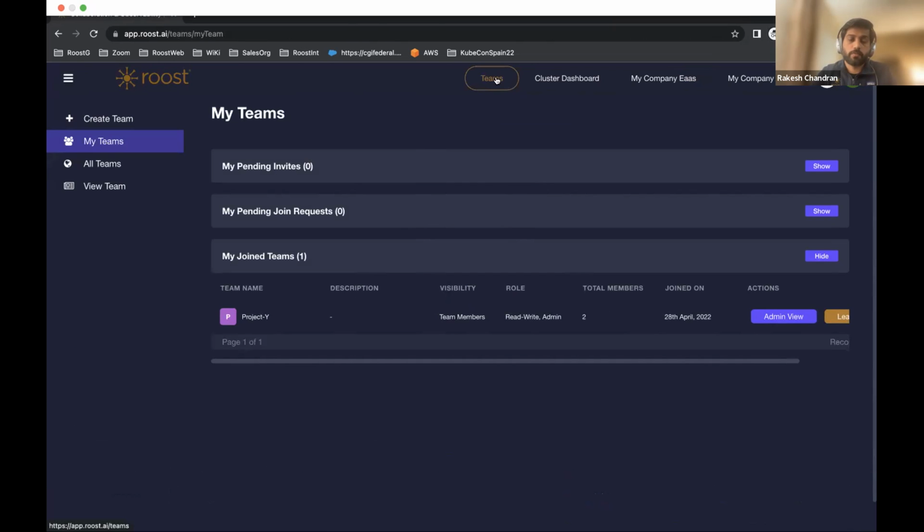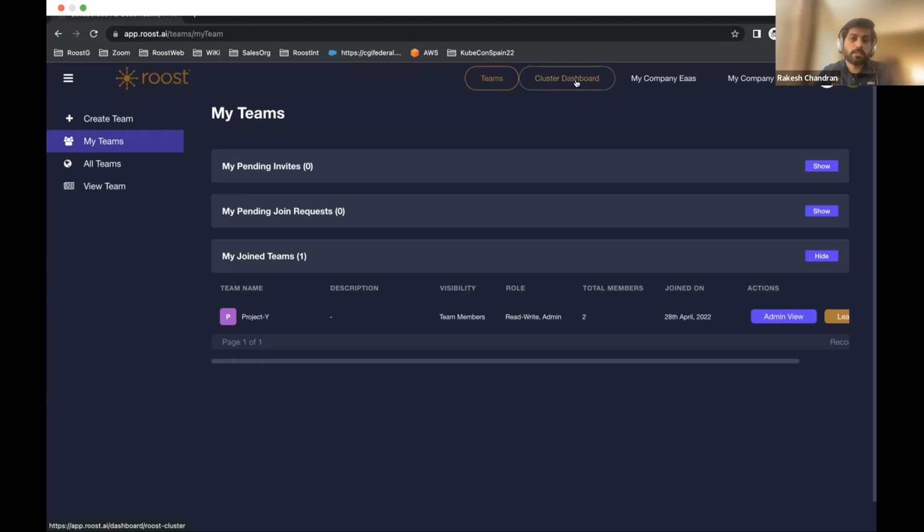One is for the teams. For the development teams, a DevOps admin can assign a cluster to a team and provide more granular control to them, like how many namespaces they can create, or how many clusters they can create, and for how long. So we provide that granular control over the clusters that we create.